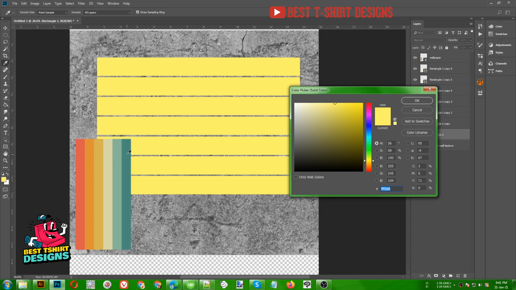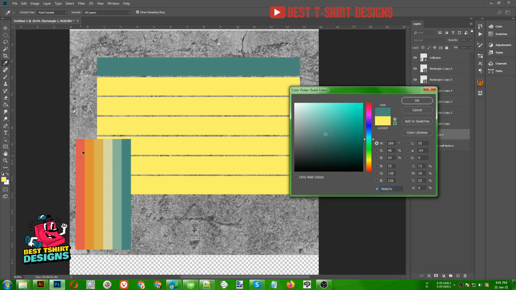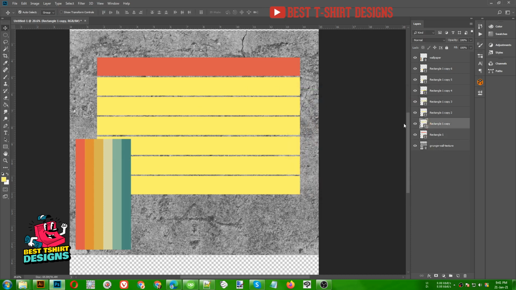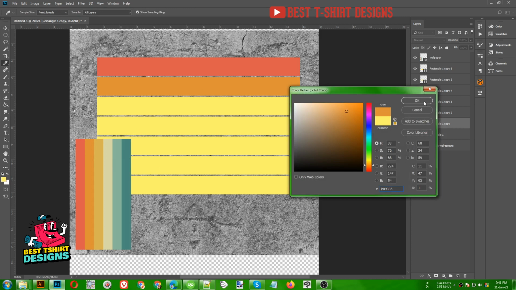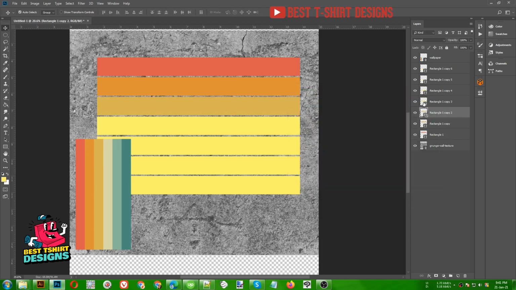If I click on something like this one, it is going to pick that color. That is fine. Let's double click to pick this color for the second one, and so on and so forth, something like this. This is really easy.